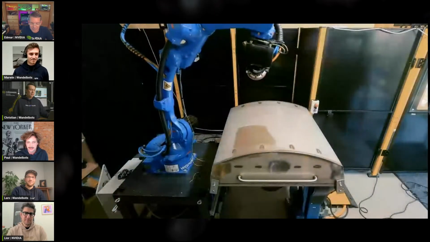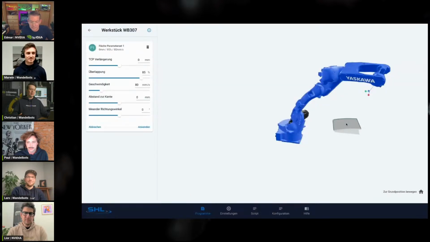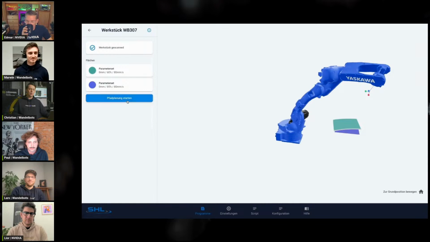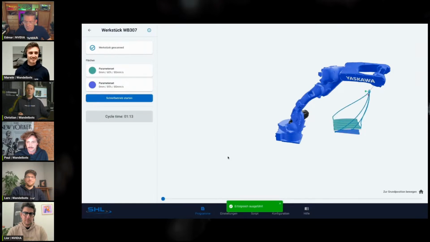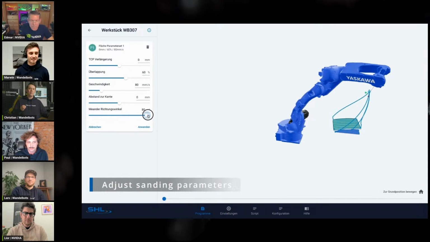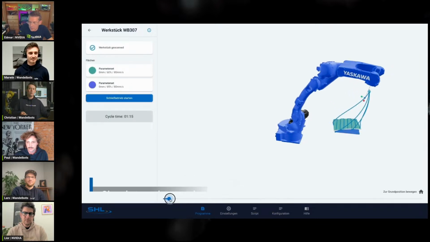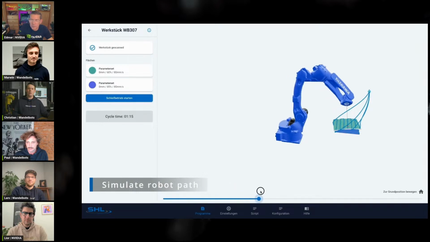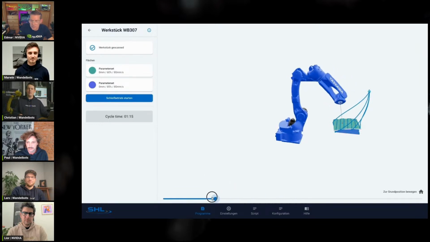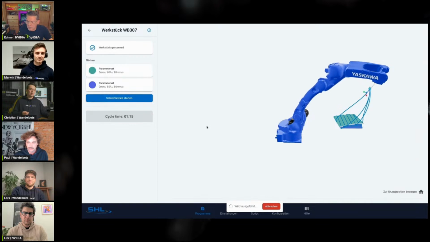All right, so what you see here is a typical sanding application. We're speaking about a robot sanding a workpiece, which traditionally is super complicated to program. Here, there's a camera mounted on the robot, scanning the workpiece, and then you switch to an app where you get a 3D model, a digital twin of the workpiece being scanned by the robot. You just select surfaces and edges, adjust some sanding specific parameters, and then the software automatically creates the entire robot